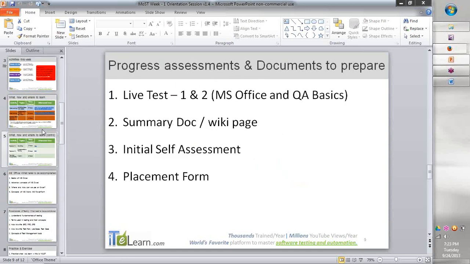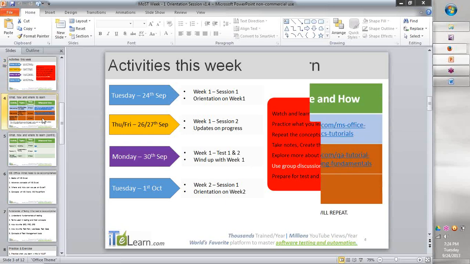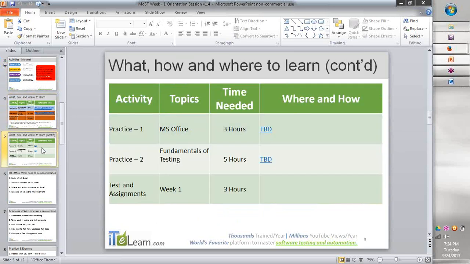What is it that you are not getting? Do you want to get confused or do you not want to get confused? You don't want to, right? So you will just have to take it one step at a time. For example, for week 1, we will do one more session on a Thursday or Friday so that we can see how each of you is progressing. You will start watching the videos. You will come back and say, I have a problem here or this is not happening. By Monday, we wish to end week 1 and wind it up. That means you have finished watching these videos, finished practicing, and written all the summary documents, and now you are ready to take the test.